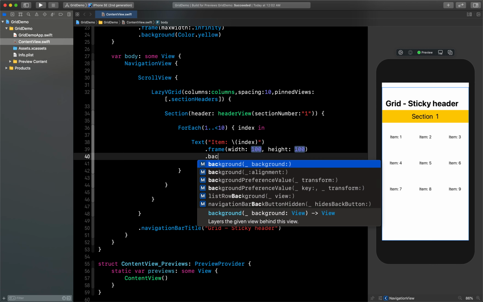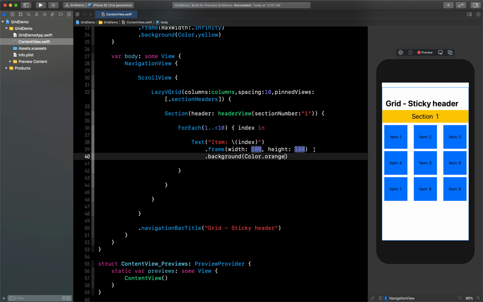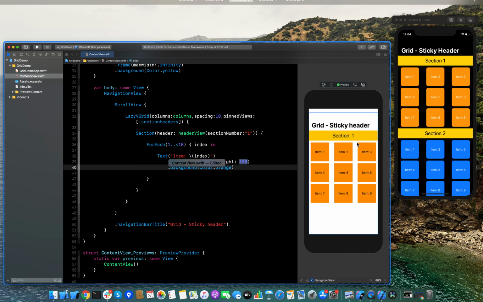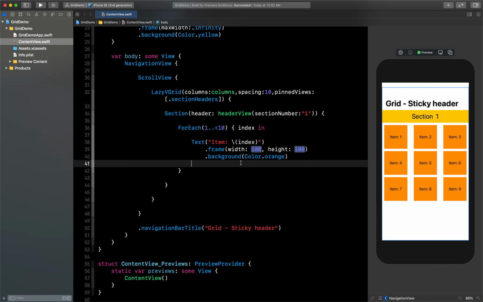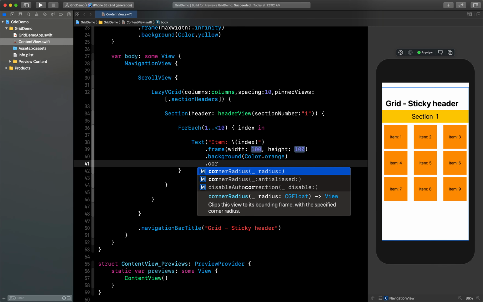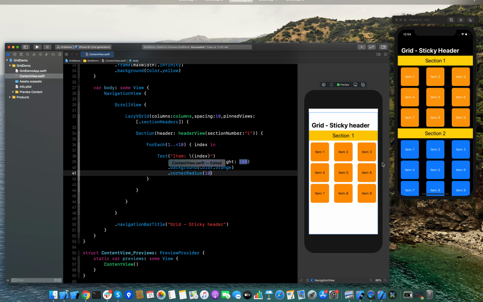So let's give background, I will give orange color here. Okay, now it's looking same, but we also need to give corner radius, so let's give that corner radius of, let's say 10, and now it is looking same. You can see it's just that it is in dark mode and it is in light mode.